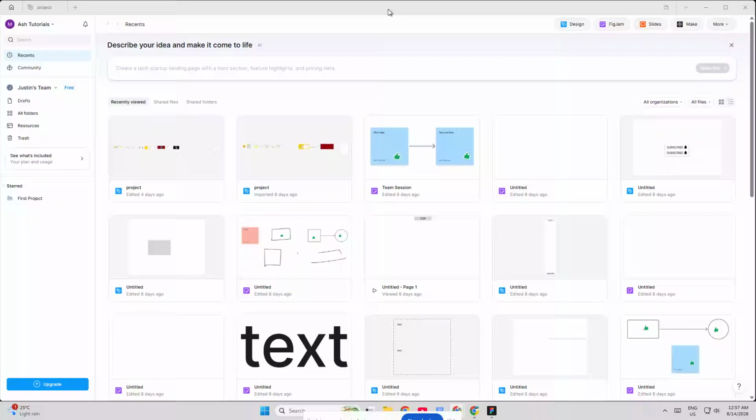If Figma is giving you an error when opening the editor, don't worry, because in this video I'm going to walk you through a few simple fixes that can help you get back into your files fast. These steps are especially useful if the desktop app is stuck, the editor won't load, or Figma opens to a